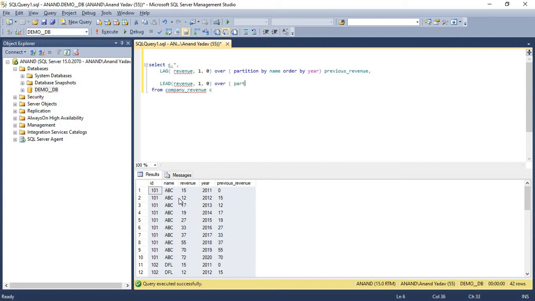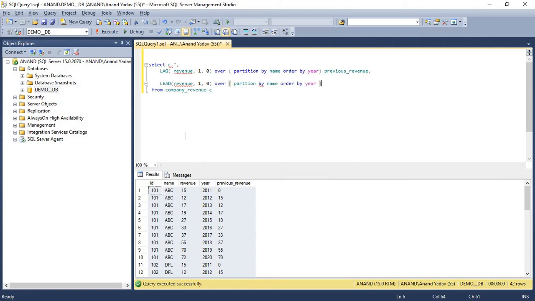Now we'll use the same conditions, partition by name, as we wanted to see the grouping based on the company, so that's why we do the partition by the company name. And we wanted to see the result ordered by the year in ascending order.